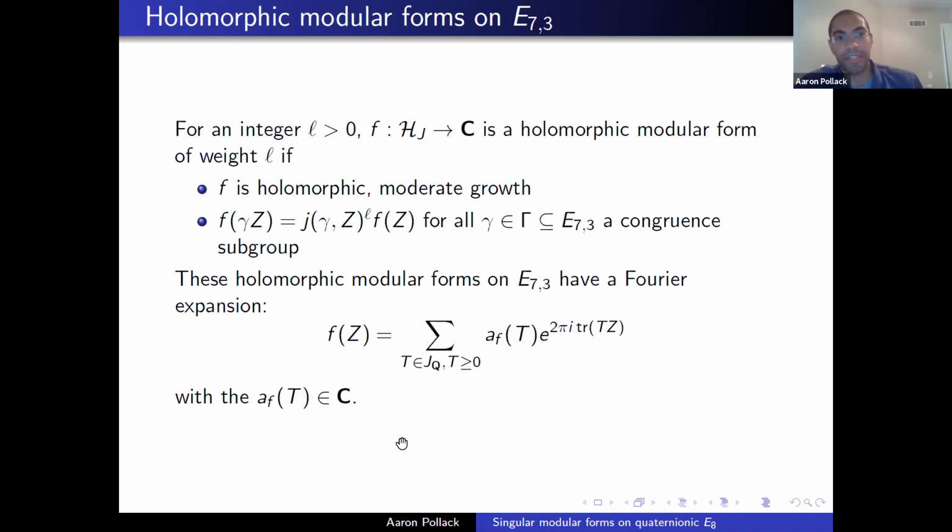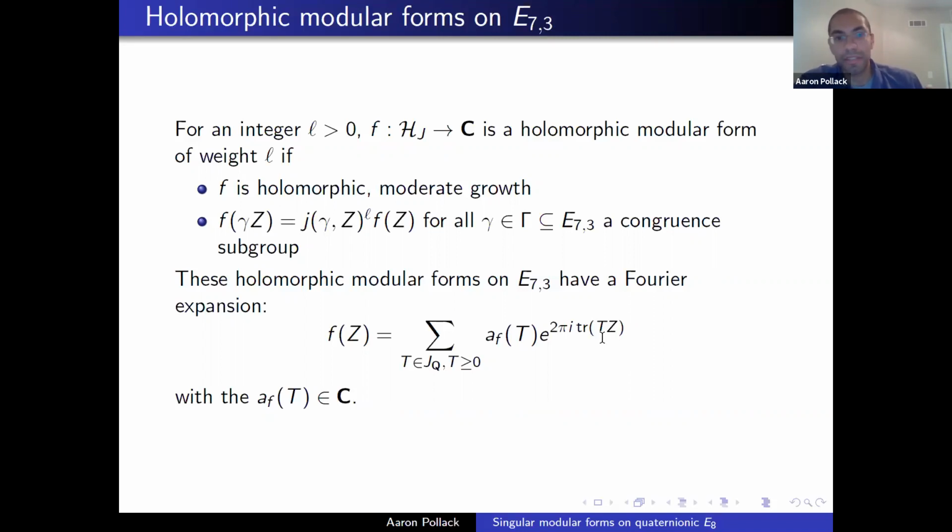So J gamma Z is some factor of automorphy, generalizing your usual CZ plus D. One of the main points is that if you work on this group E7-3, these holomorphic modular forms have this very nice Fourier expansion. So if F is one of these holomorphic forms, you can write F of Z as a sum of linear combinations of exponentials. So Z is in this